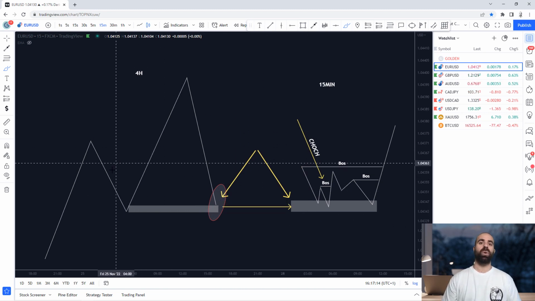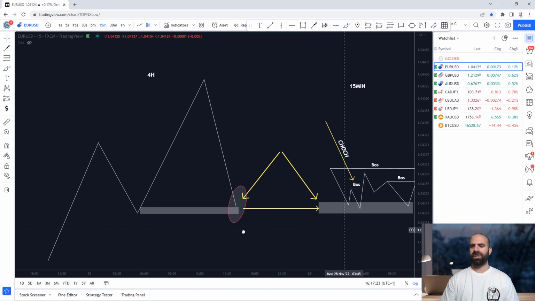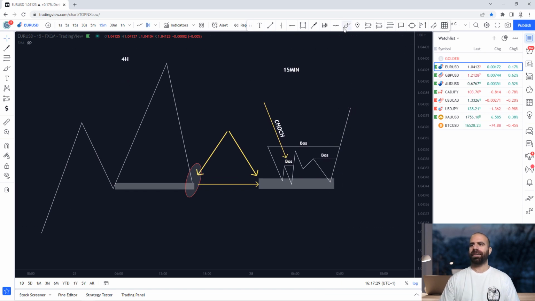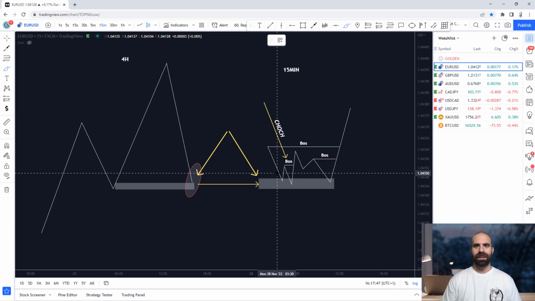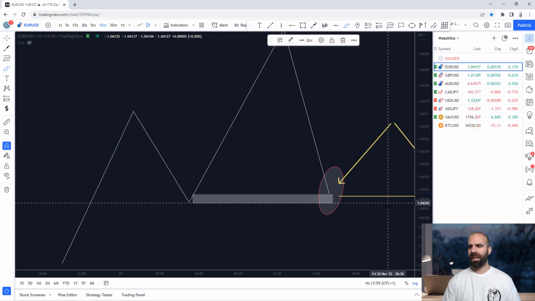We are expecting a continuation of the overall trend, and we will explain, it is very easy actually, what a change of character is. A change of character is yet another break of structure, as you see right here. But on a lower time frame, in an area that we expect price to retrace from a higher time frame, we do identify a break of structure towards the opposite side, and this break of structure is the so-called change of character or CHOCH. As an example, this one that you see right here, if I zoom in,